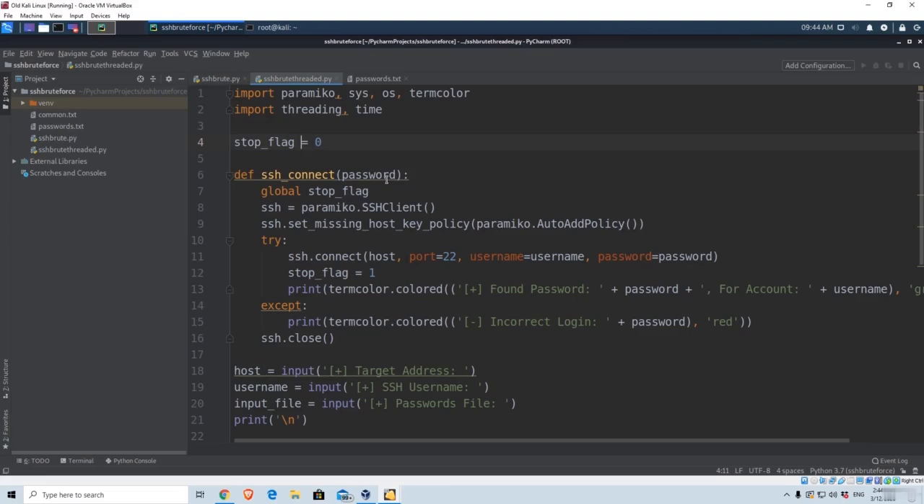In our SSH connect function, we make a few minor changes, such as, for example, we declare that we are going to use the global stop flag variable inside of this function. Then we perform the same two things that we performed in the regular Bruteforcer. After it, we try to connect, and if we manage to connect, then we set the stop flag to be equal to 1. Then after it, we print that the password was found, and in any other case, we will print incorrect login, and we will close the SSH connection. Now let's get to the part where we actually set the stop flag variable to be equal to 1. Why do we do that? Well, if we go all the way down,